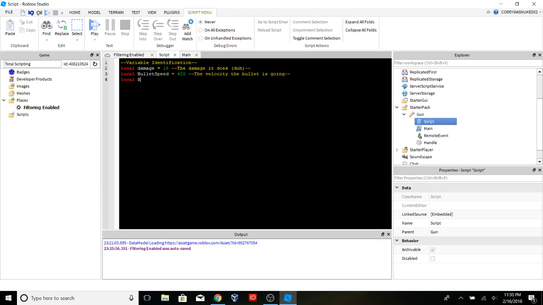And local bullet size equals Vector3.new, let's make this 0.5, let's make this 0.2, let's make this 0.2. Now these are actually the width of the bullet, and this is the length of the bullet. So yeah,